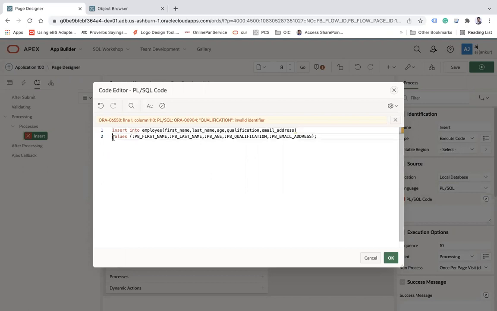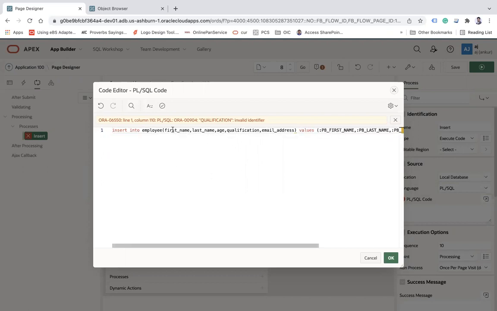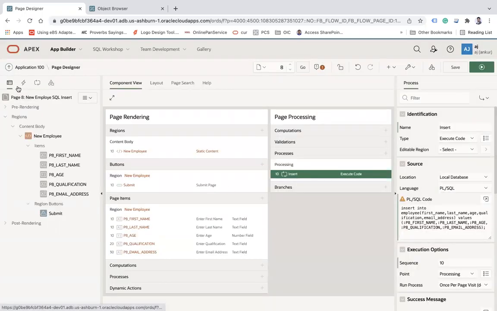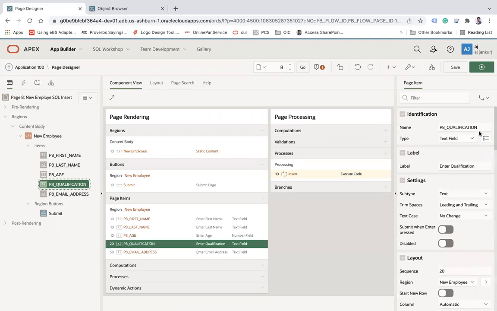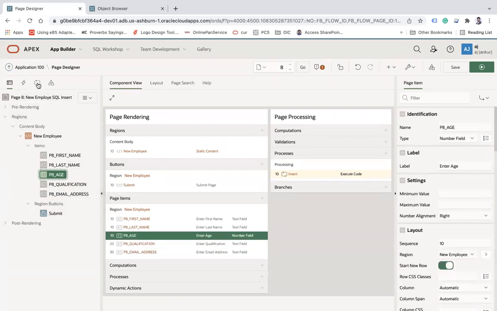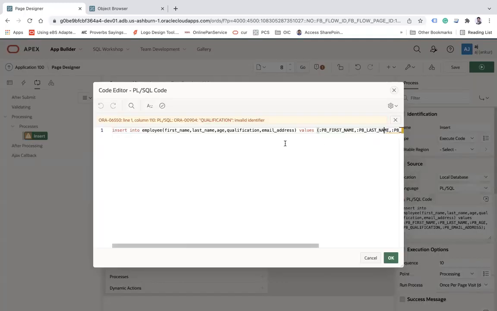Invalid identifier, make sure. Let's try. What happened to this? First name, last name, age, qualification. What happened to this? Qualification. Maybe, let me see. We do have qualification or not. P qualification is there. Email address is there. Age is there. Let me see then what's the problem.